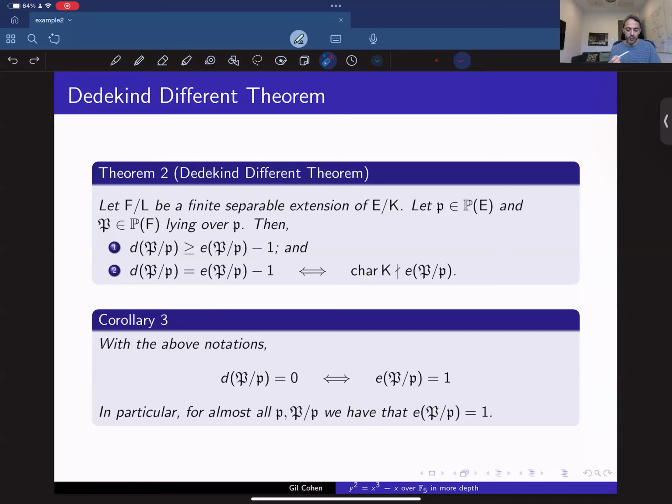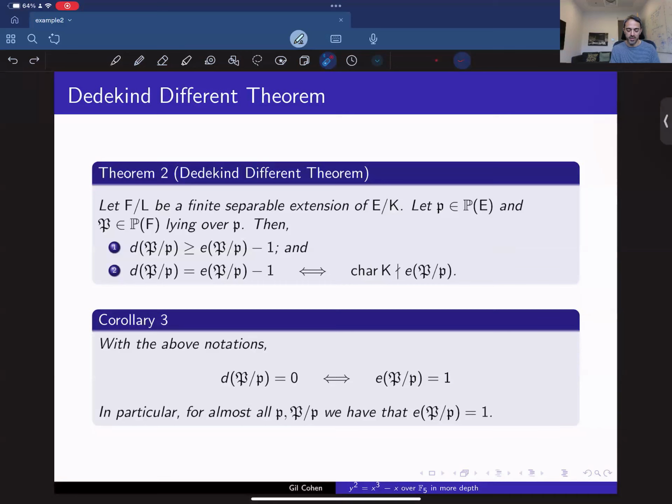And the multiplicity in which they appear is this ramification index minus 1. So in our case, that will be the case because the characteristic is 5 and the degree of the extension is 2. So the ramification index is either 1 or 2. In any case, it's too small for 5 to divide it. So the Dedekind different theorem tells us that the different is precisely,